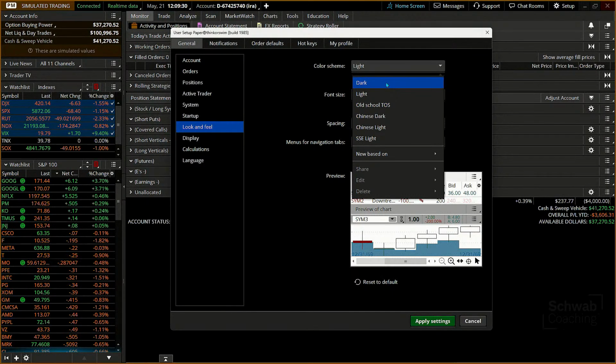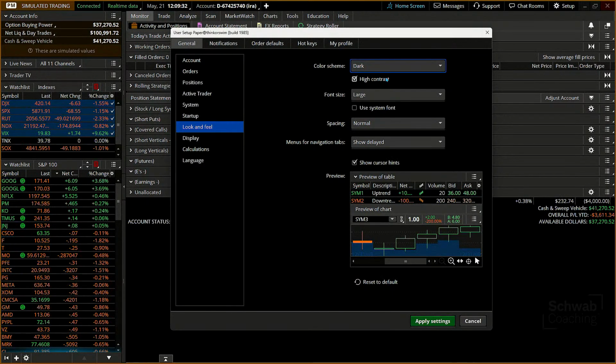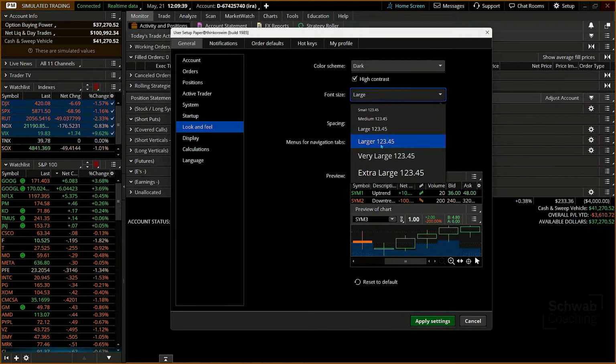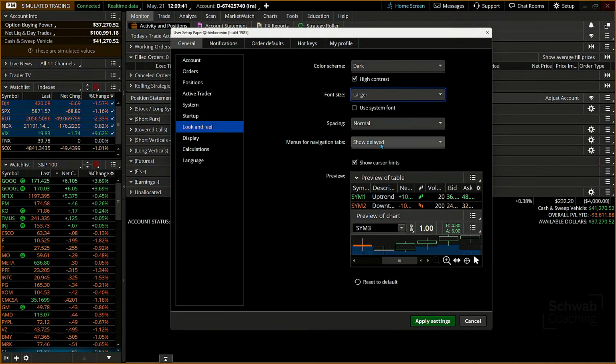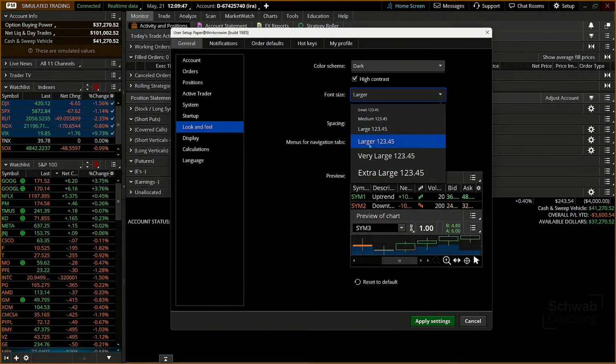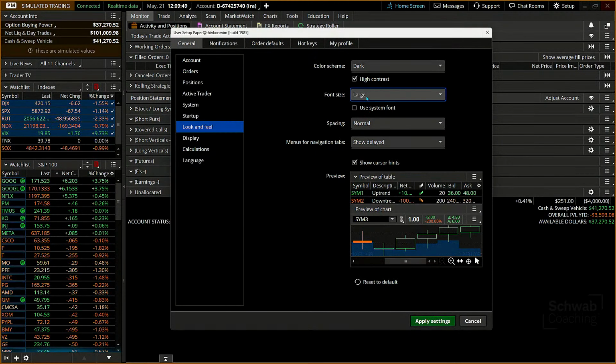Yep, right there, okay? We have it labeled dark. I have it labeled high contrast. You can show what the difference is right there. And also, if you said, James, I want the font size a little bit bigger, like there, okay? And so you're going to see the example of what that looks like. Now, the other thing is, I'll keep it large for just a moment for our purposes. You'll see why.